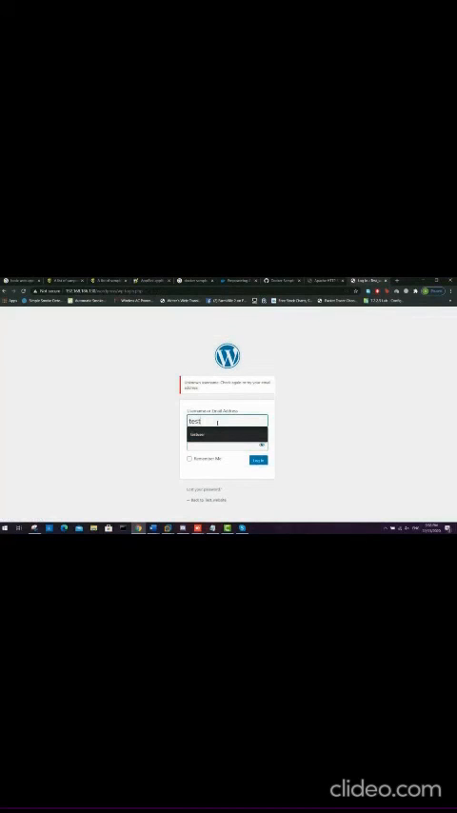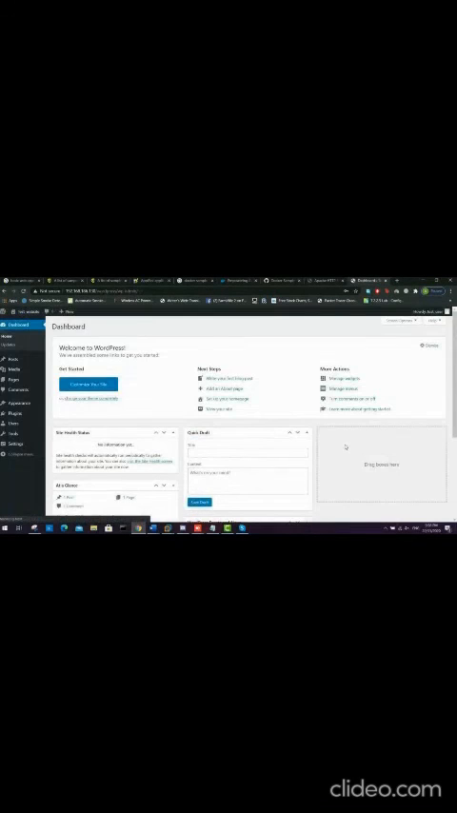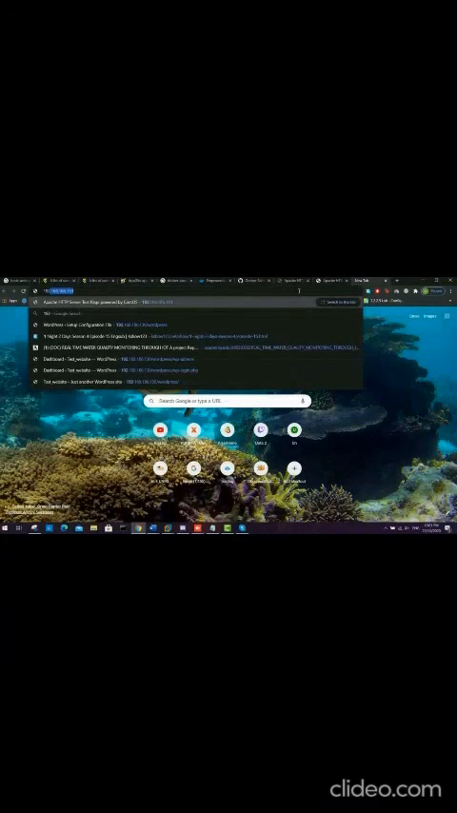Then we just click login. The username is test_user. We just copy the password that we chose before and paste it in the password field, and then we log in. Then it directs us to this page where we can create the website, and then we can just test by opening up a new browser